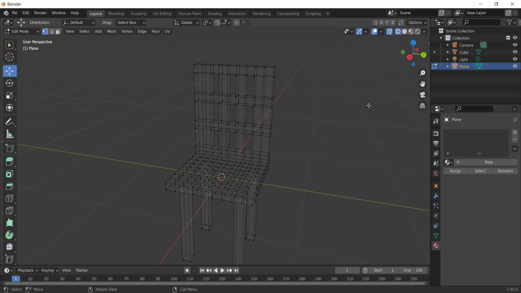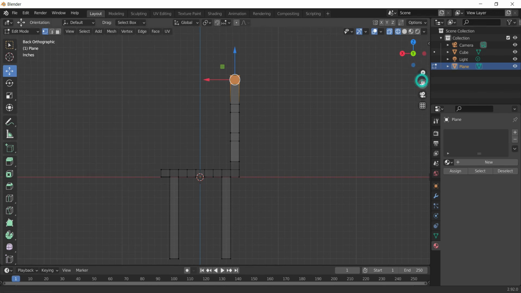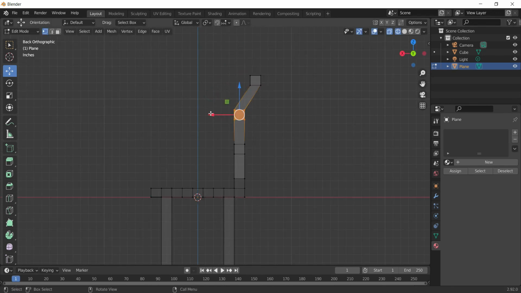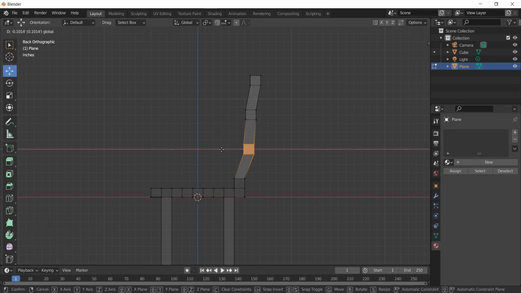So for the time being we require this, so I'll select and move to the side angle, and I'll carefully select and move these vertices like this.